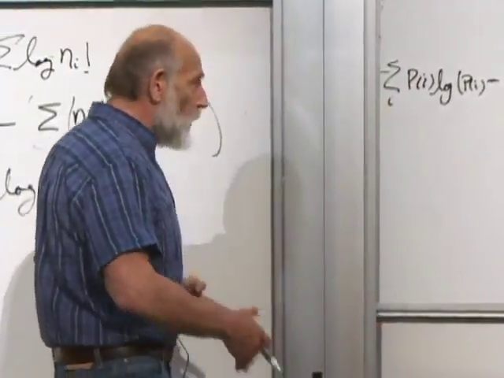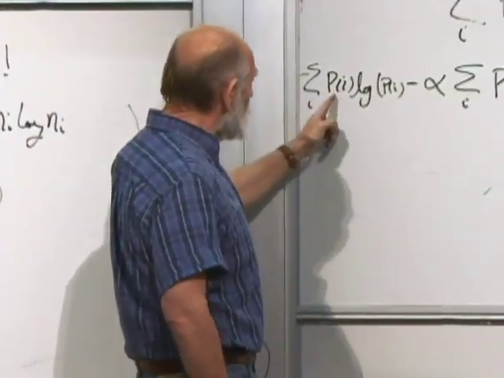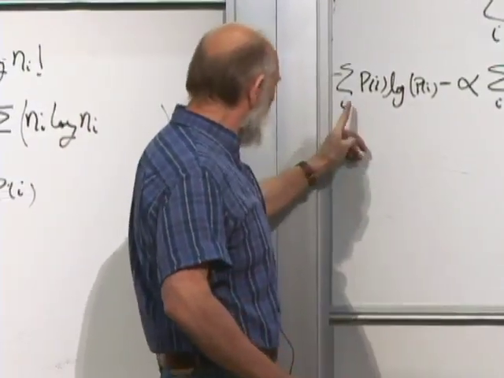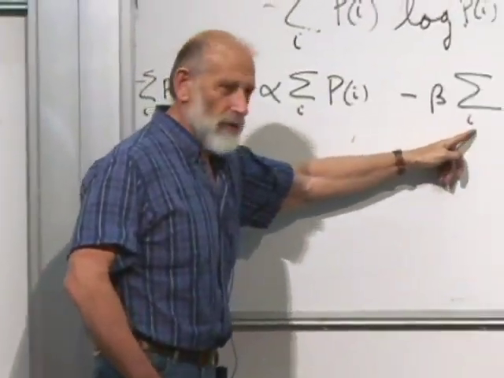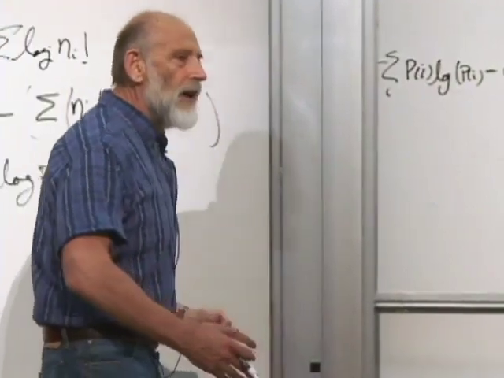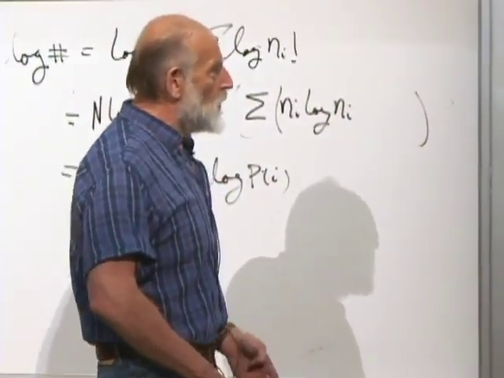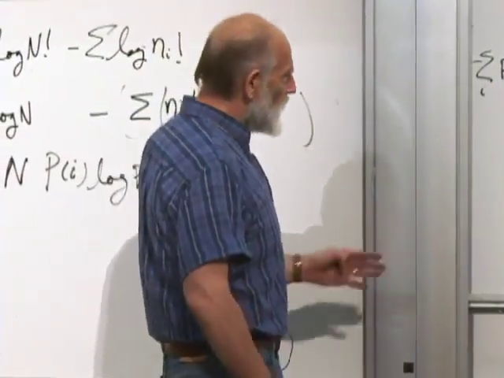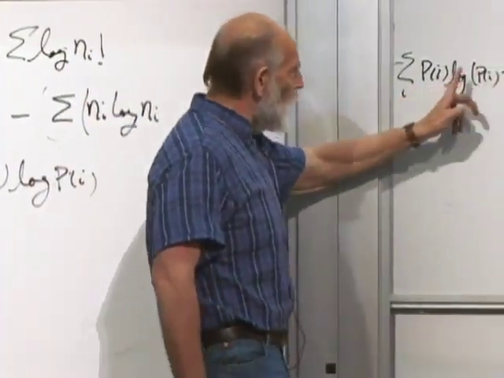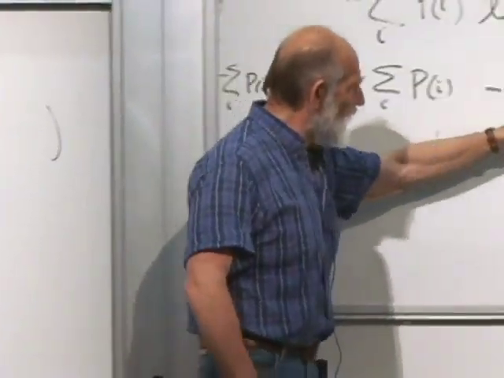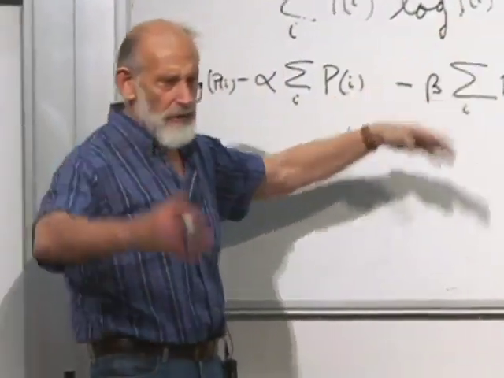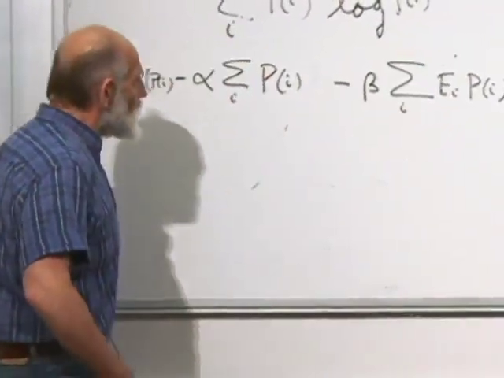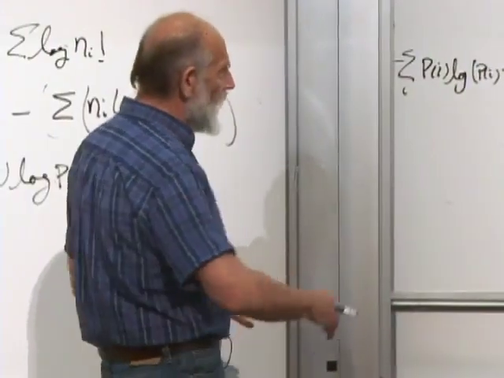How do you maximize? Well, what do you do next? The next thing you do is you differentiate this with respect to p sub i, or rather, i is a summation variable here, so let's not differentiate with respect to p sub i. Let's differentiate with respect to p sub j, where j is some specific number. p sub j enters into one term here, and one term here. j could be 46 or 59. It enters only into one term of each of these. So when we differentiate with respect to p j, let's do it.